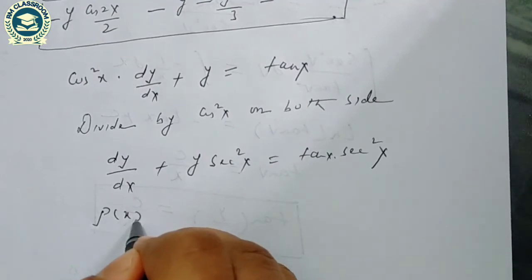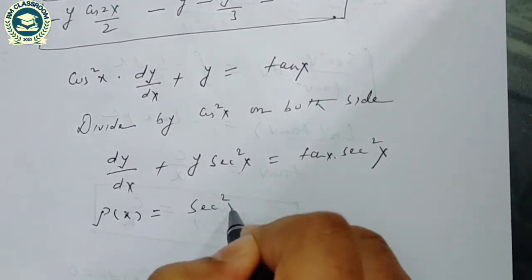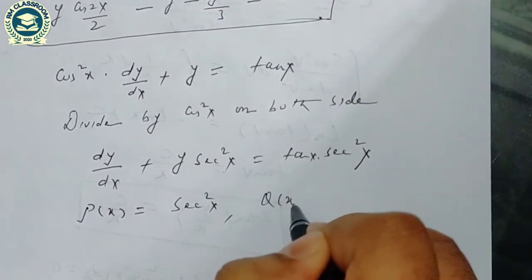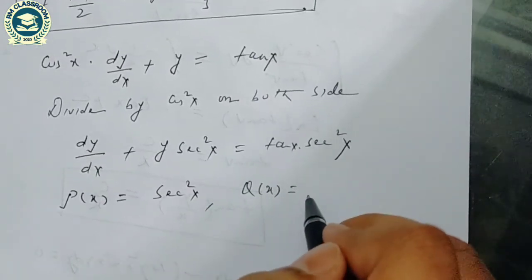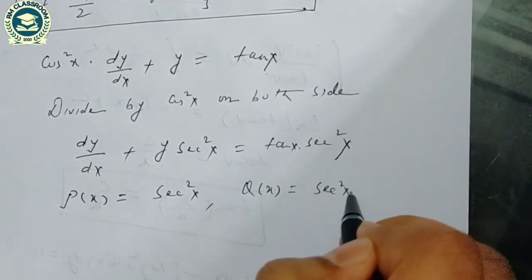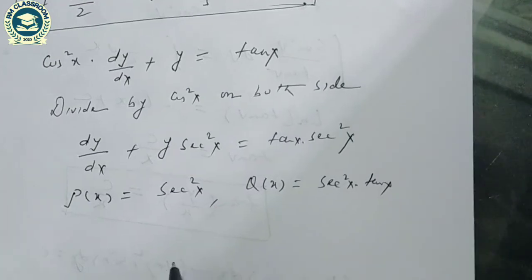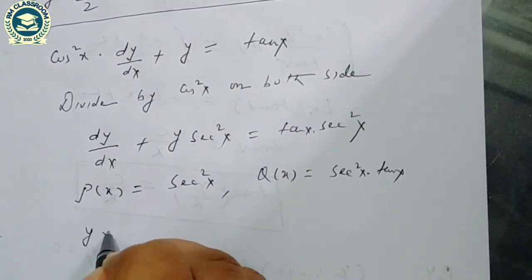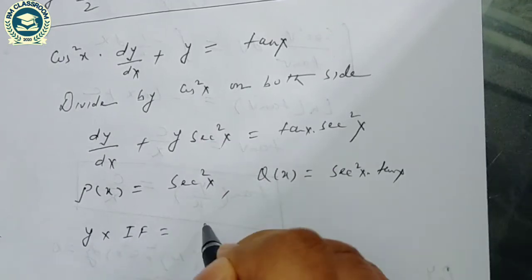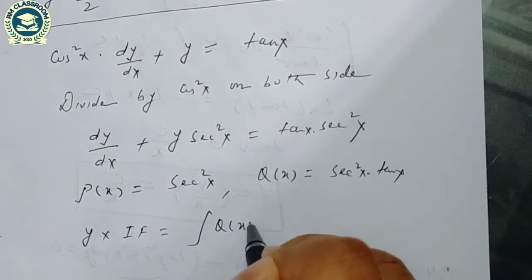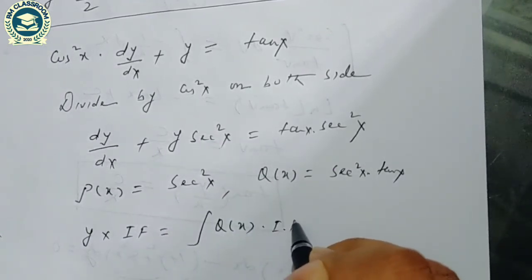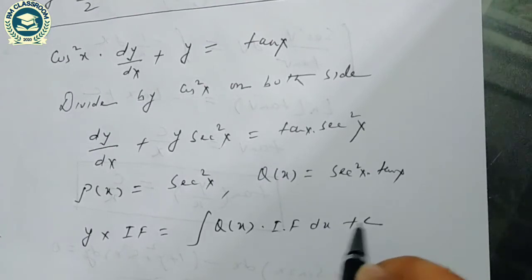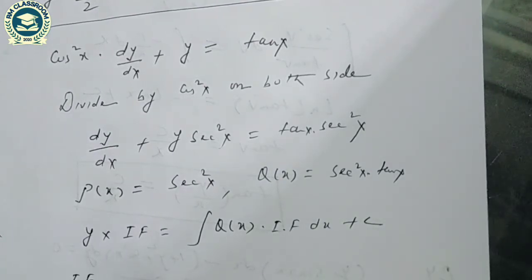So here P(x) is equal to sec²x and Q(x) is equal to sec²x tan x. So the solution of this differential equation is y times the integrating factor equals the integral of Q(x) times the integrating factor dx plus c, where the integrating factor is equal to